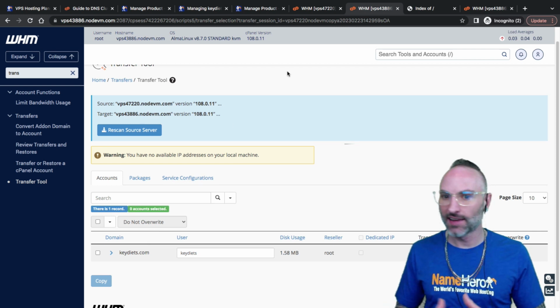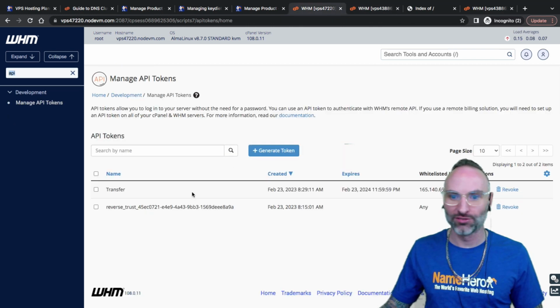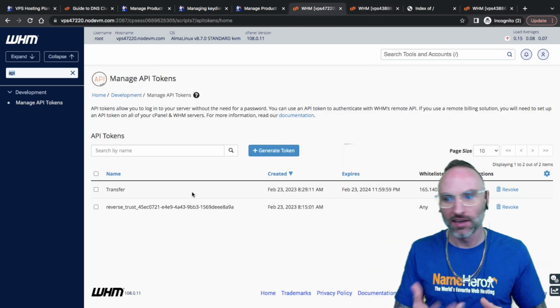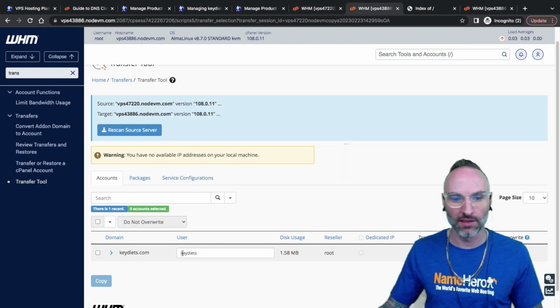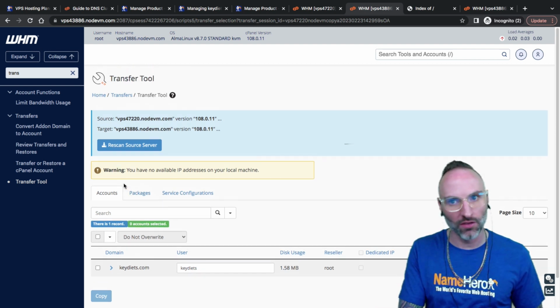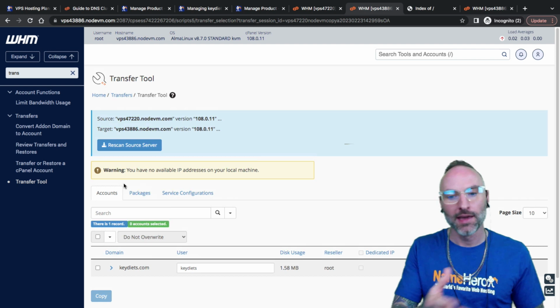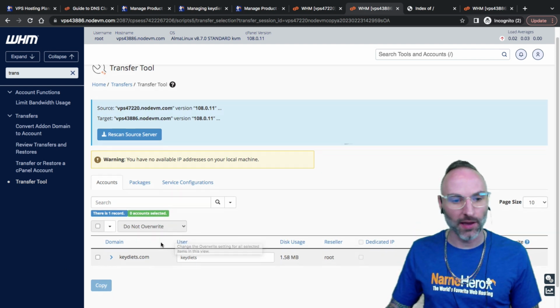Let's just say that key diets is getting hosed with traffic right now. And this server, let's pretend that it's full of sites and it's starting to bog down. So we need to get it out of here quick, and we don't want to cause downtime. So what we're going to do is we've input our root password and our host name for the other host,